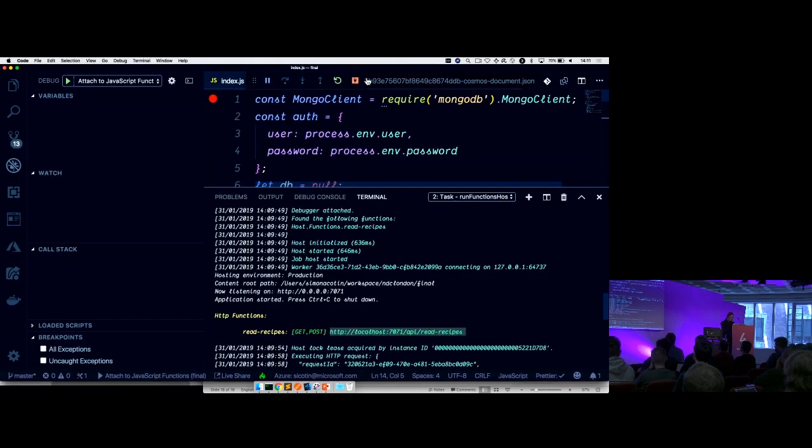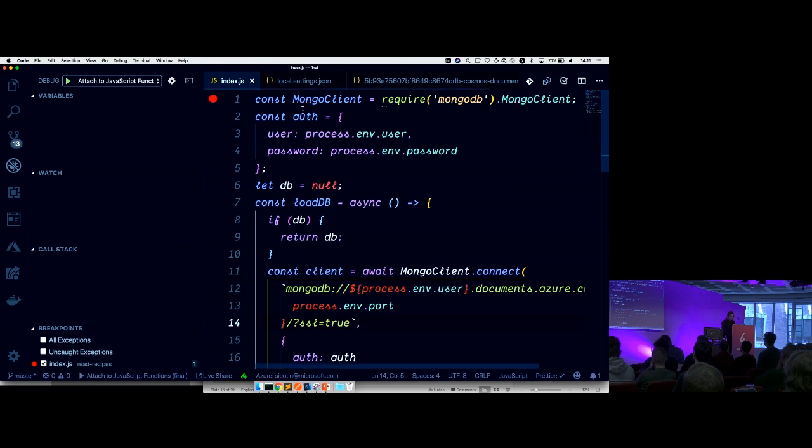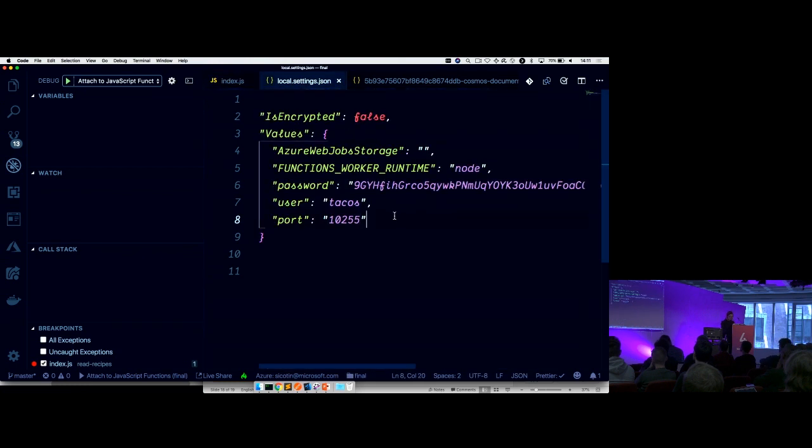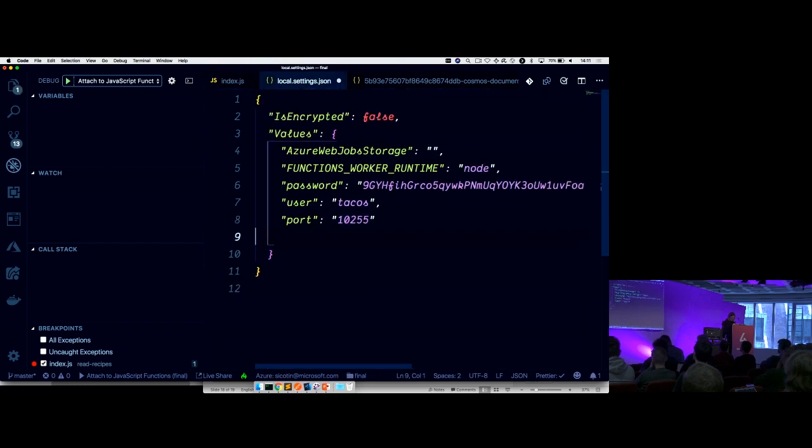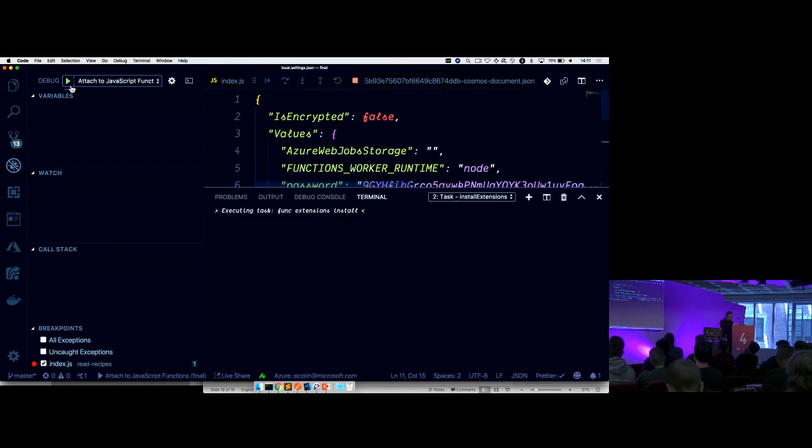And to set up CORS, I can do that in local.settings.json. Right here, I have this host property, which enables me to define CORS. So this is how I would enable CORS in my local, and then we can do that in the portal as well, where we can define CORS. But let's see if this works now.